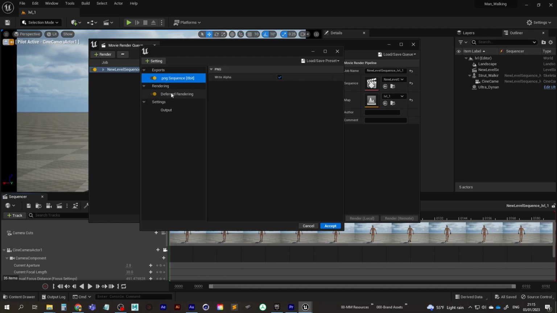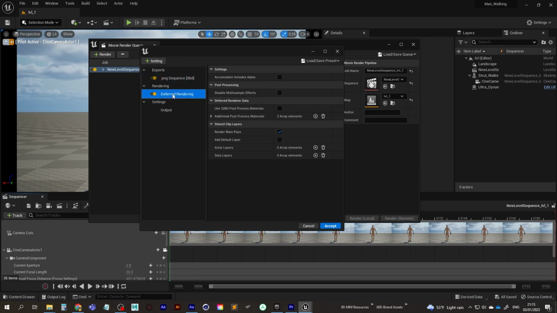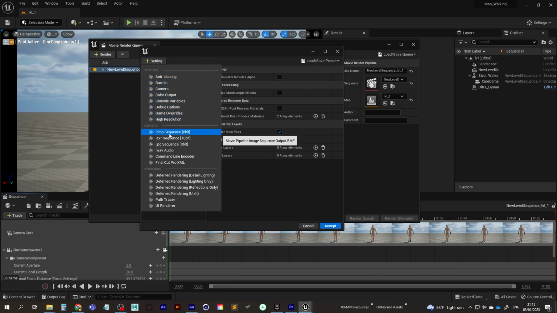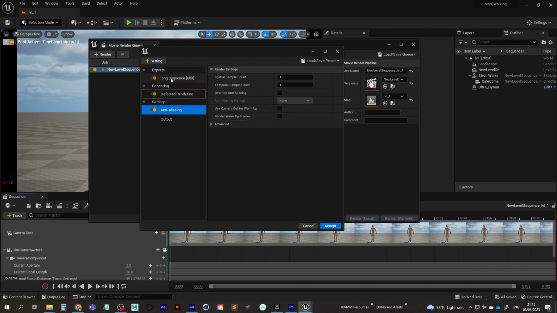And we're going to be going to settings again, and we're going to be using anti-aliasing. So that's going to give us a much better render. Where are you? There you are. So if we want to change the anti-alias settings, we want to override anti-aliasing. Now I'm going to set this to 16. You can set it to a higher value, like you can go up into the 30s if you want, but it's just going to increase render time. 16 is a nice middle ground for this.